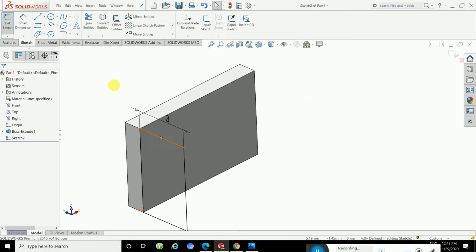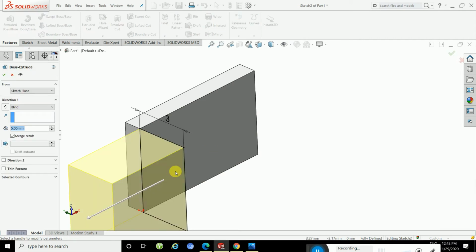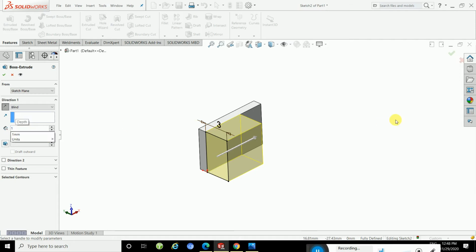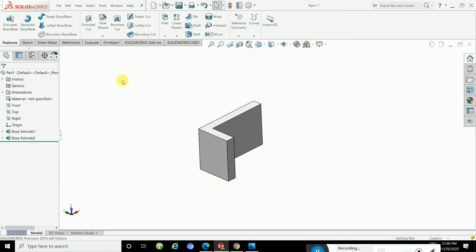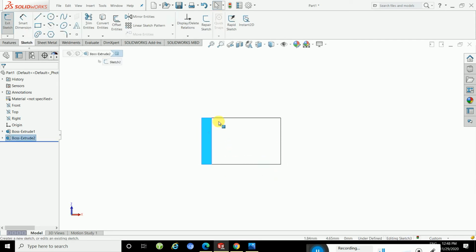Okay, and then see this, and then go to extrude. Which direction? That direction. Click here, and then how much is the plate thickness? 1. So put the value 1. Okay, this is the easiest way to create. Then easily click here and then again create a rectangle.